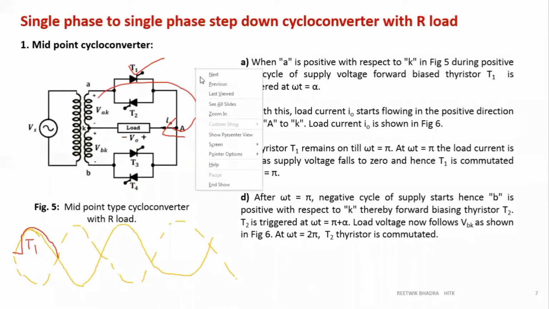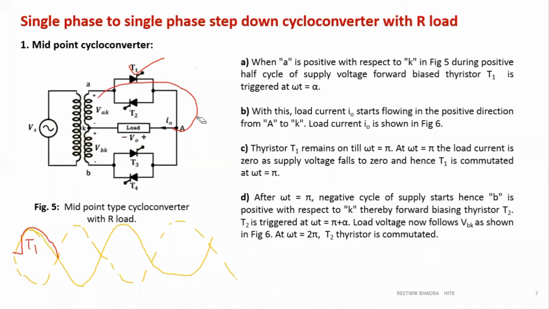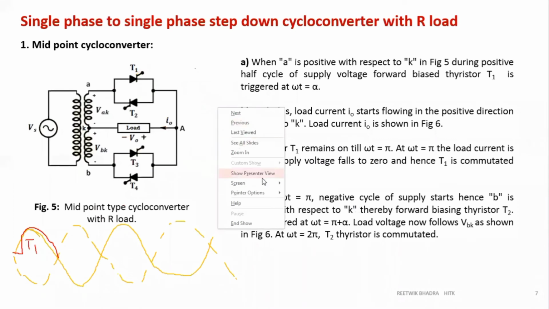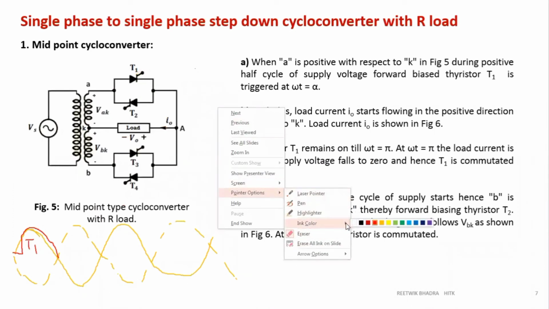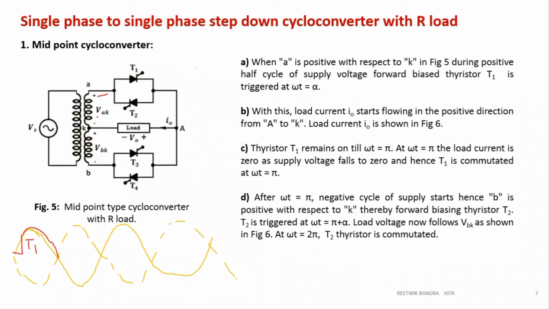Then during the next cycle, we are basically not turning on T4. In the next cycle, this is negative, this is positive. So T2 and T3 would be on. Now also we want to keep the voltage as positive. Which thyristor should be on? T3, because then only current will flow in this direction. So we'll not give a gate pulse to T2 and keep it off. Keep T3 on, so we'll get a positive voltage after a delay of this one. So we'll get T3 over there.